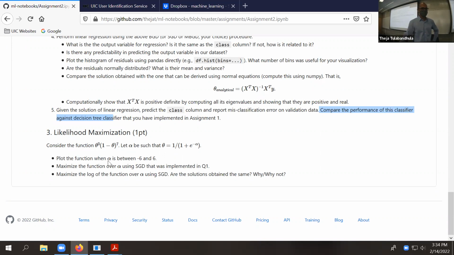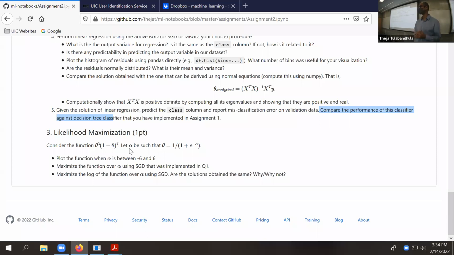The last part is actually partially related to today's content. But if you just look at this problem, it's again an optimization problem of one variable theta. Instead of theta, we're suggesting optimizing over alpha. But basically, it's just saying, hey, here's a function. I want to pick alpha such that this function is maximized. So tell me, how do you pick this alpha? So that's again a search problem, a one-dimensional search problem. You have the loss function. You just need to start with alpha naught, use a gradient descent procedure, and keep updating it so that at some good alpha, let's say alpha 1000, hopefully you have maximized your function.